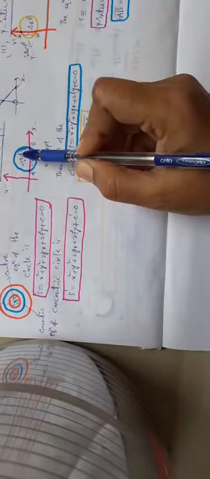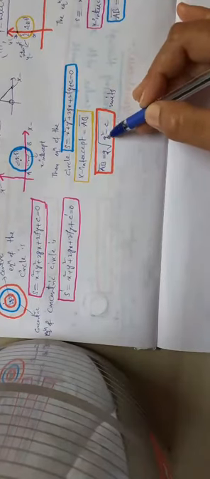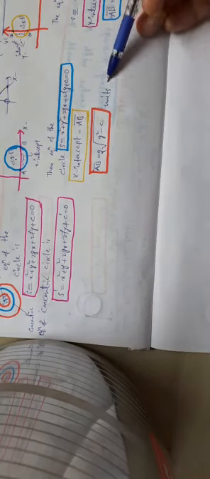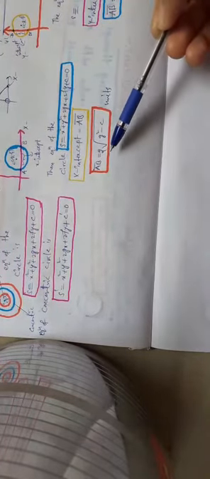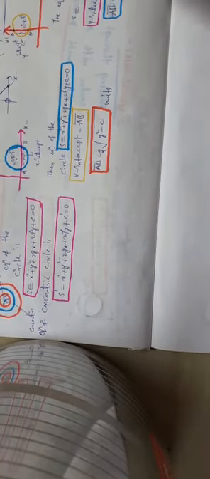There is no relation between the y coordinate and the x intercept of the circle. That's why we are taking only g here. g is the x coordinate. So the x intercept is 2 under root of g square minus c units. If one circle intercepts the x axis, the formula is AB equals 2 under root of g square minus c. Coming to the y intercept.